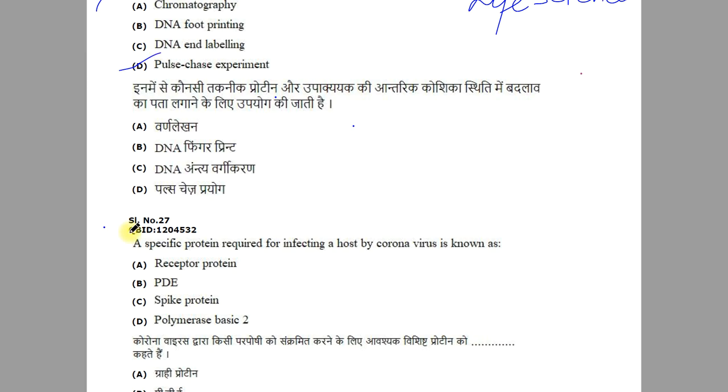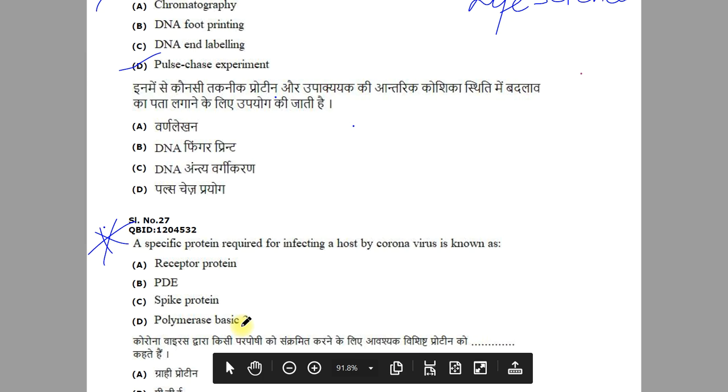Now question number 27. A specific protein required for infecting a host by coronavirus is known as. This is the most expected question because for the last 2 years we faced the pandemic of COVID-19. Option A, receptor protein. B, PDE. C, spike protein. D, polymerase basic 2. I hope you all have got the correct answer, and the correct answer is the option